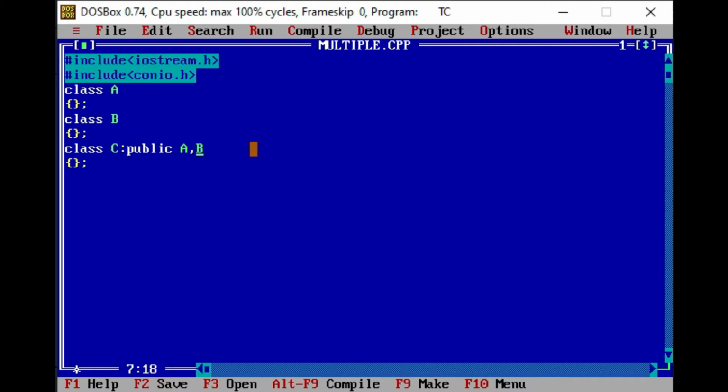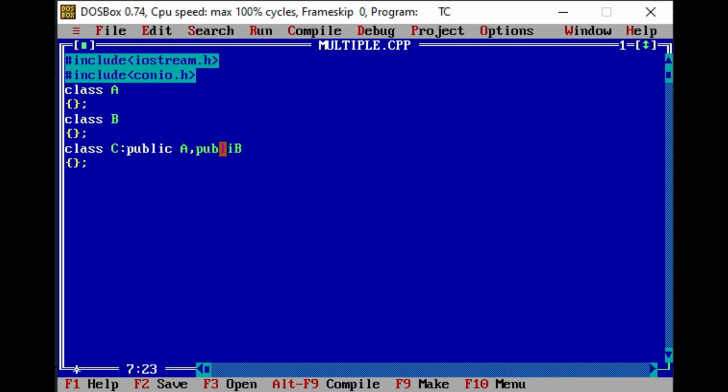It will access the properties according to the rule of public inheritance. But when we have not declared here any access mode and we have written directly B, then by default it will consider the inheritance as private inheritance for class B. So we must specify the access mode after comma for a particular class.